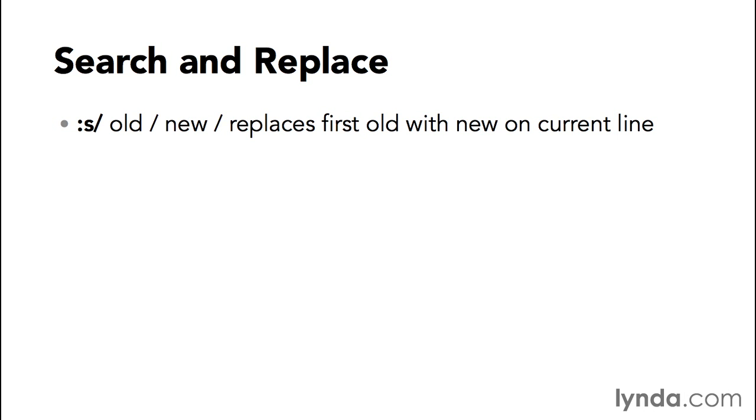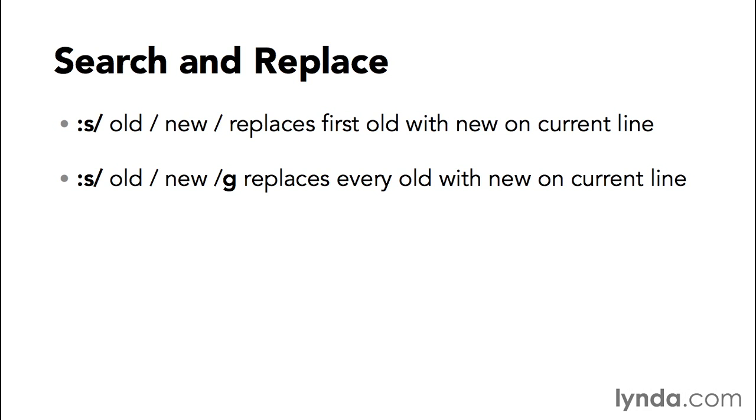That command, :s/old/new/, replaces the first occurrence of the string old on the current line with new. If you want to replace all occurrences of old with new on the current line, you append a g after the closing slash,